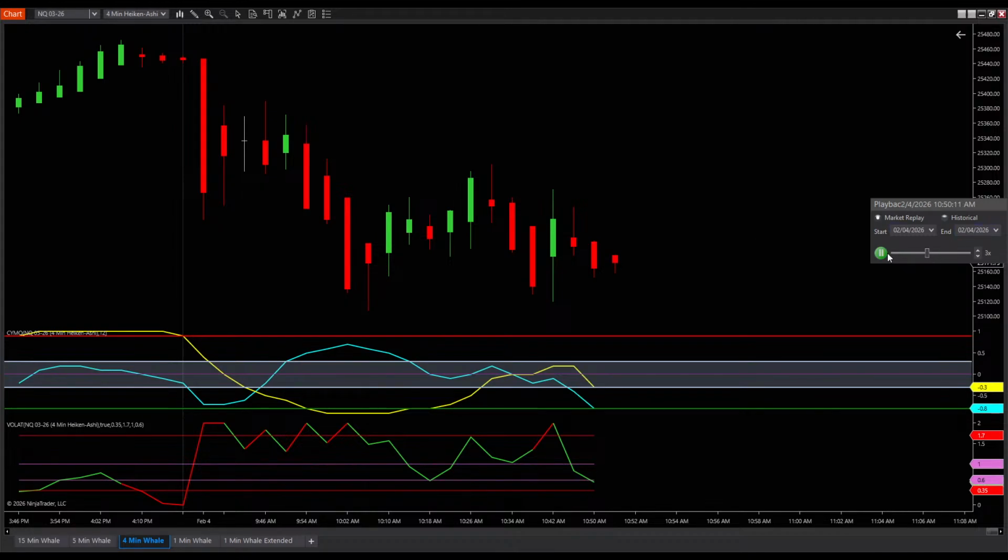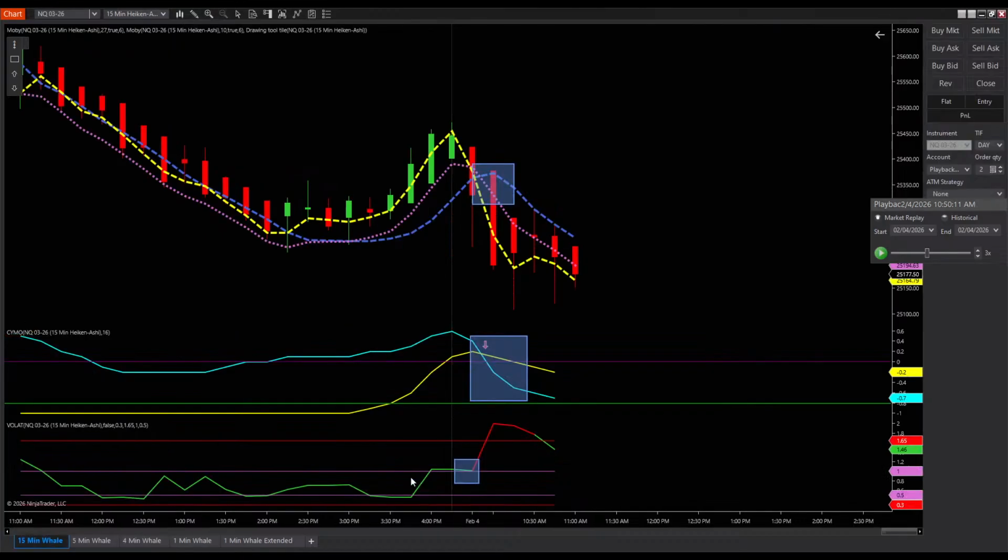Alrighty, we just got a nice cycle cross here, even though the first leg of the cross happened here. This was kind of noisy. Okay, we finally got a nice crossing right here below the region Y threshold, and momentum is coming down. So here's something else that I want to ask you. Momentum is coming down, cycle is coming down, really good right there. Everything is good to the downside right here with MOBY.